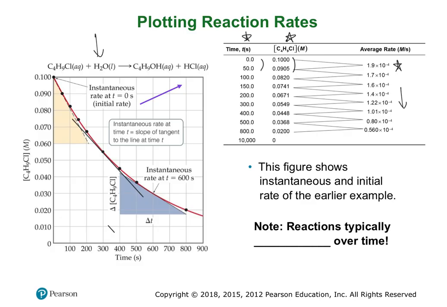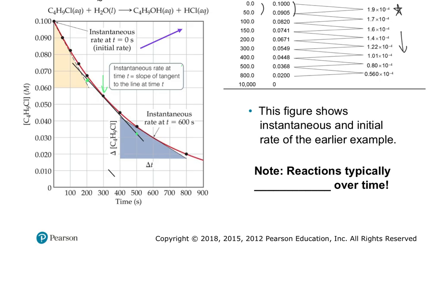So then what we get to do is, now that we have a line that we approximated that's tangent to our curve at that specific point, we can use those new points to figure out the slope of the line. So I could take this and I can say, okay, at this point here and this point here, I will use those points to figure out the slope at the time I was interested in here. So let's practice that. We're actually going to first do it at 600. So we're going to find the rate